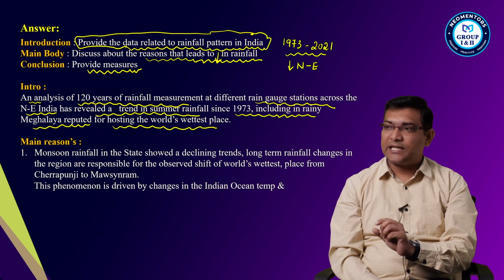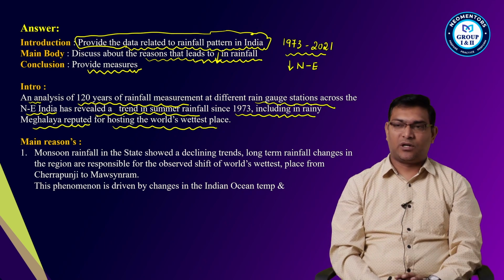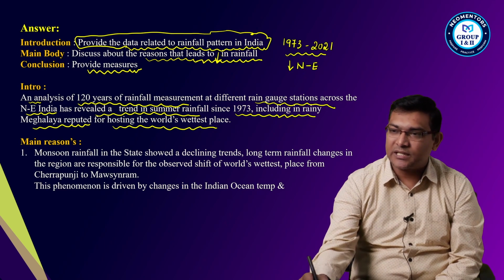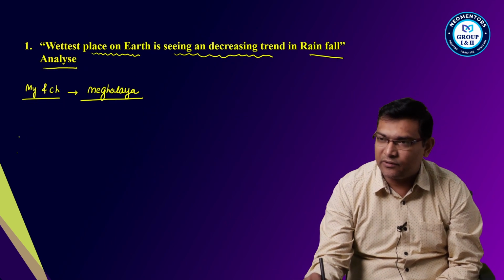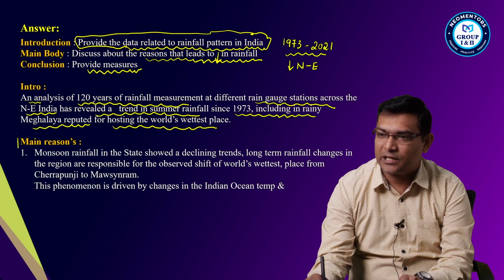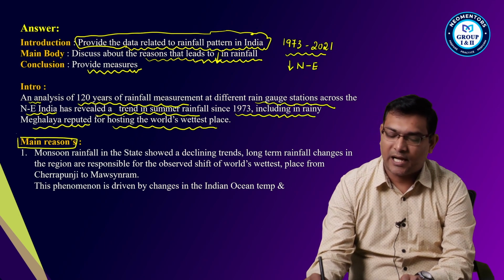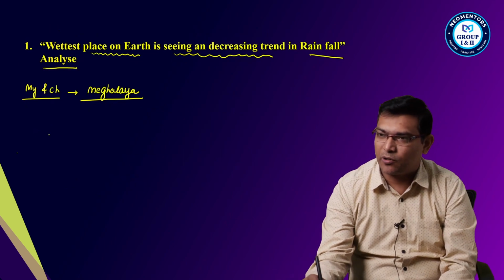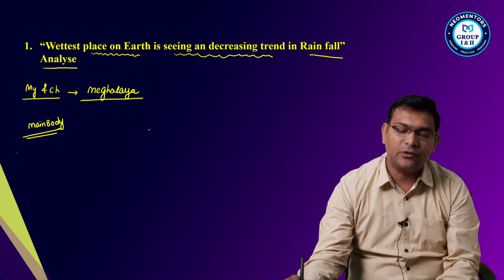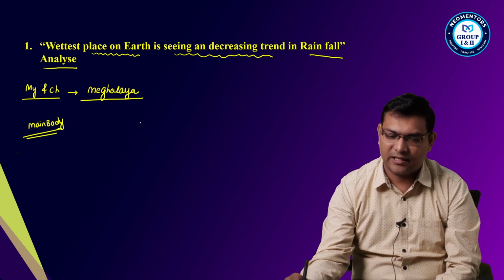Discuss the reasons that lead to a decrease in the rainfall. Why reasons? What are the major reasons for decreasing? Let us see what are the major reasons for decrease in the rainfall. See, I can write the major reasons in the main body of my answer. I can write in two ways or three ways. Like for example,